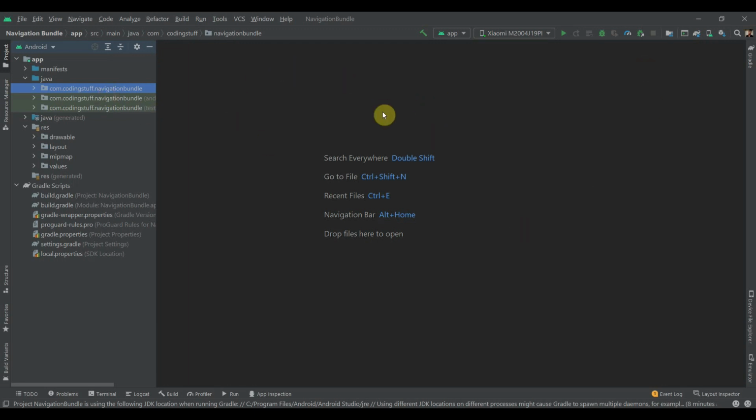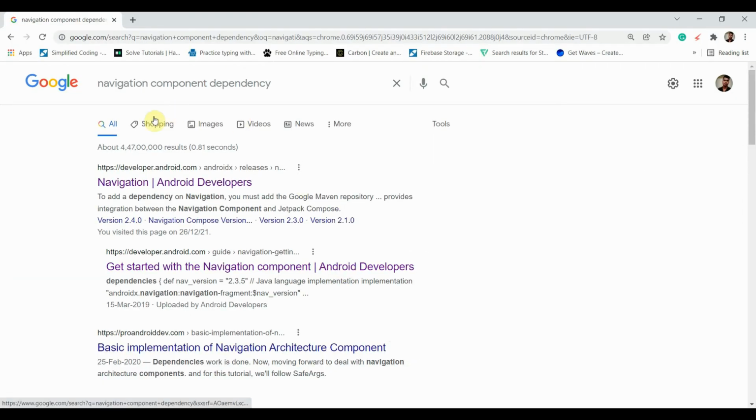So I have created one empty project, and first of all we'll add some dependencies of navigation component.